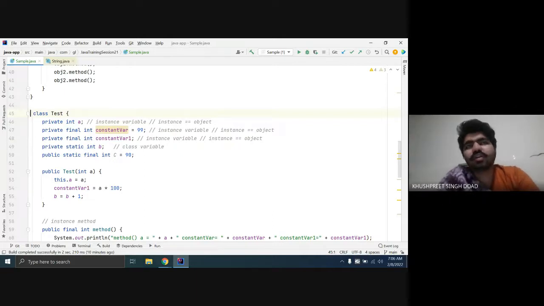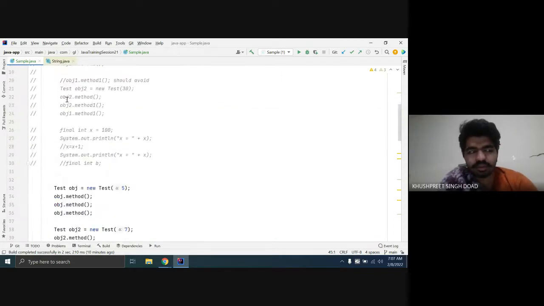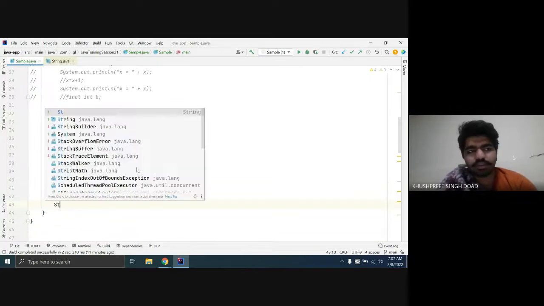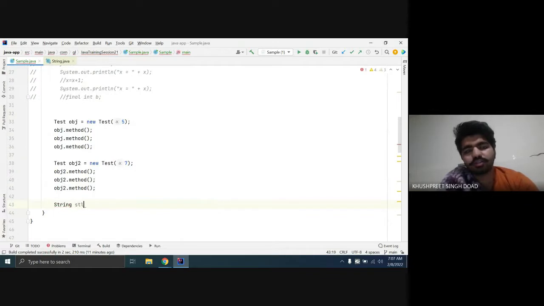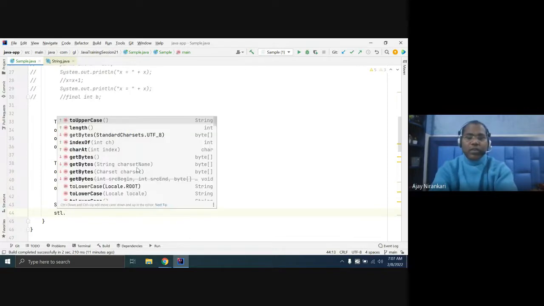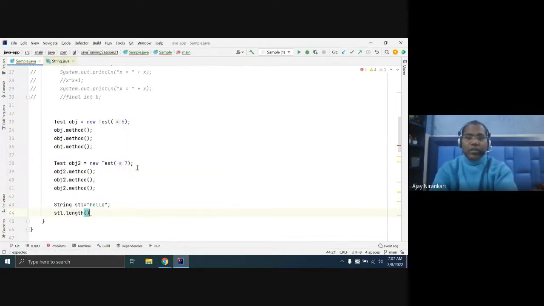Sir, the String class has methods like length and others. You can check that the String class has a function like length.